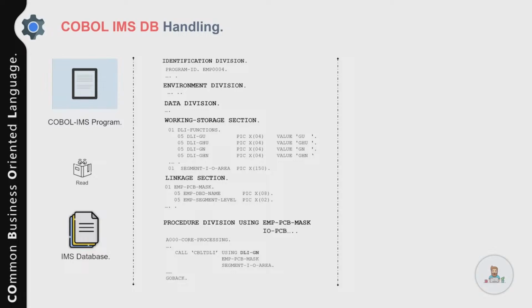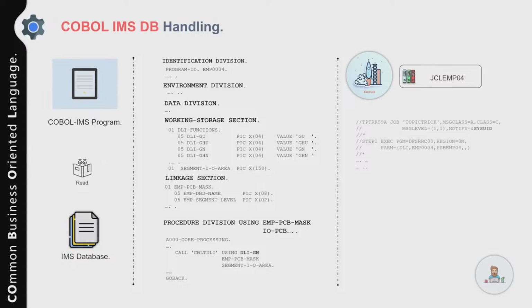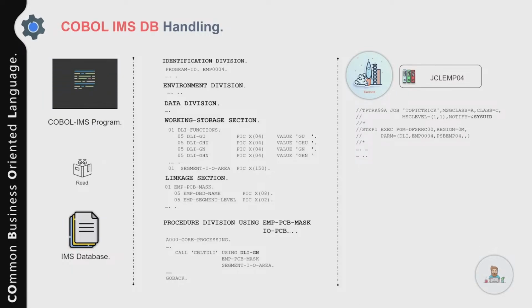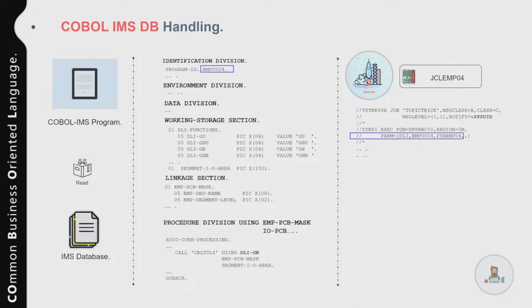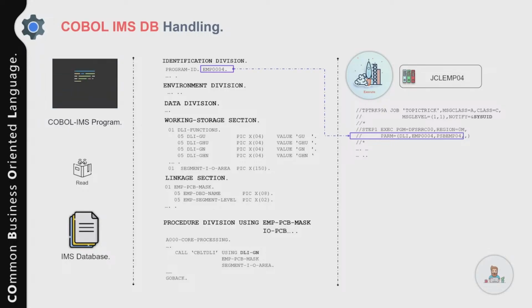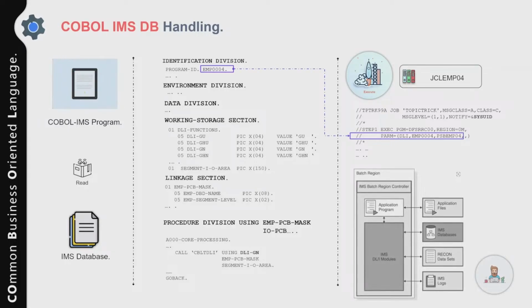Now to execute your COBOL IMS batch program, you need a JCL. And remember, you cannot directly invoke a COBOL IMS program with the help of a JCL because you need an IMS interface. That means your program is invoked under the control of the DL/I batch initialization module. Then DL/I first loads the appropriate control blocks and modules, then loads your application program, and finally it transfers control to your application program. Now if you notice our JCL, we have used a specific program or utility,